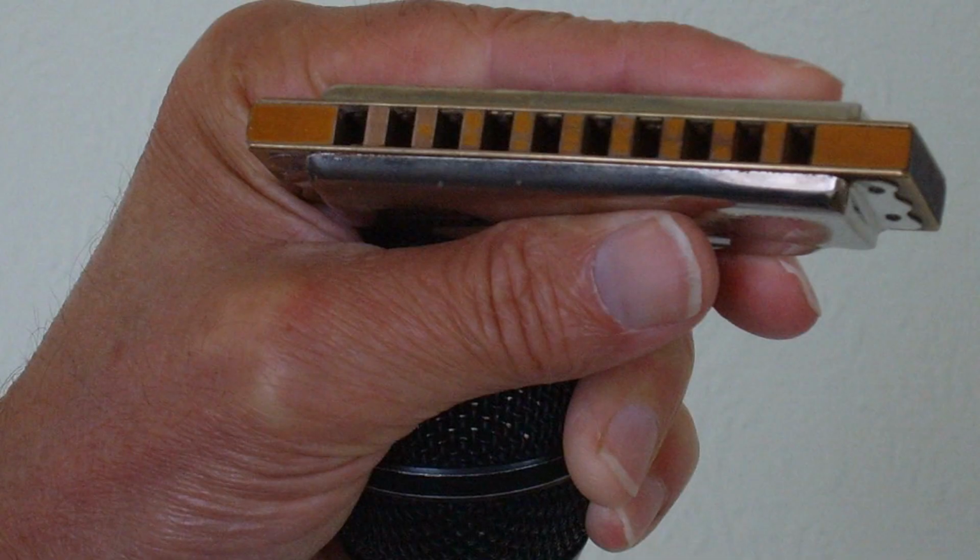Let's look at the rest of the phrase now. Okay, so we need to be able to have a method of describing these notes, and from the modal point of view, the way we do this is to think of each successive note in terms of the interval it makes with the tonic or keynote. So we've already said that the first note is the fifth. Now the whole phrase is